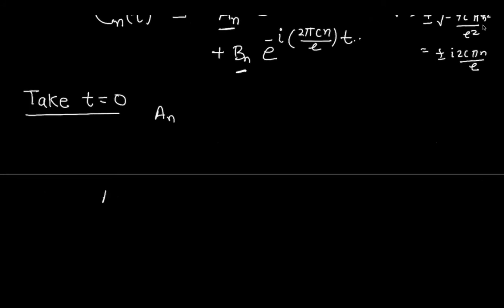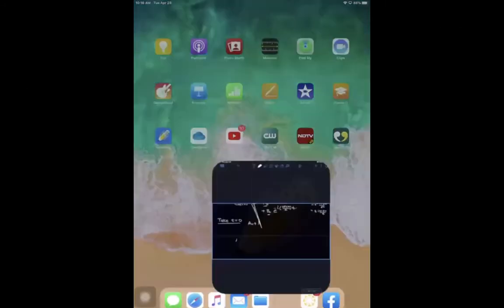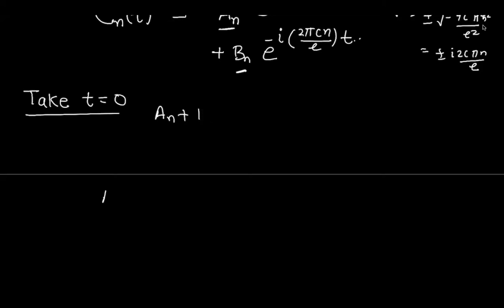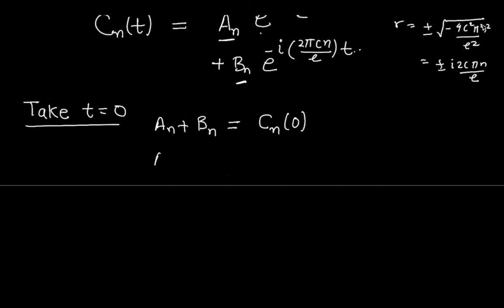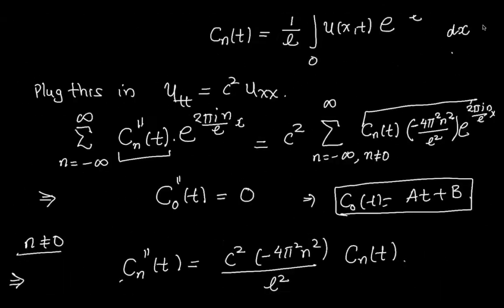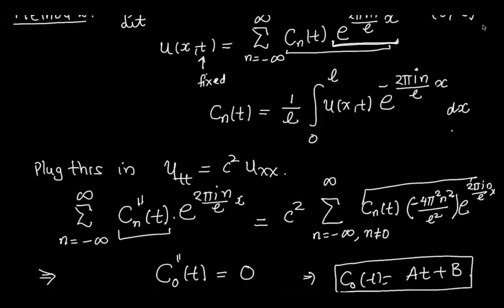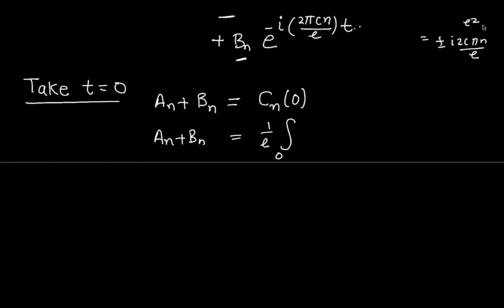A_n plus B_n is equal to, because if I plug in t equal to 0, this is a 1, that is a 1, so it is equal to c_n(0). But what is c_n(0)? This is A_n plus B_n. Your c_n(0) is this, because c_n is 1 over L, integral from 0 to L,